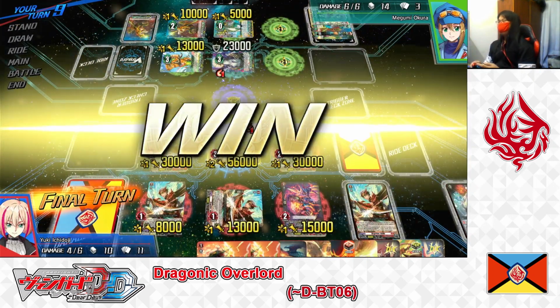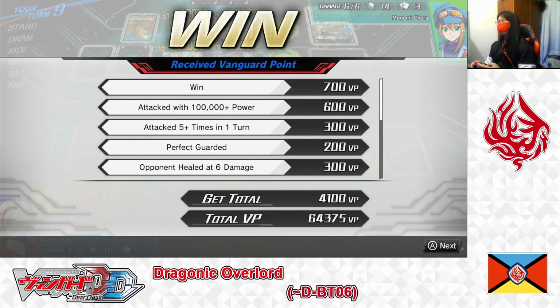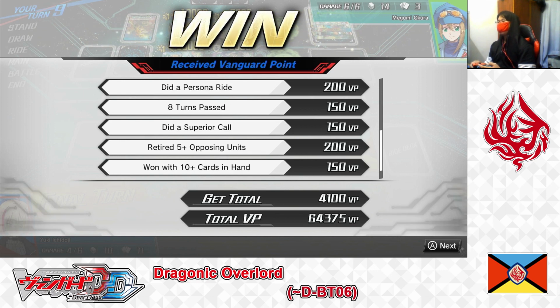Phew, that wasn't too bad of a match, despite my opponent getting really lucky of all the triggers, thanks to my card skills, which I managed to use pretty effectively by my own opinion. I managed to score a pretty effective win. So I got win, attack 100,000 more power, attack 5 or more times in a single turn, perfect guarded, opponent healed at 6 damage, successful final turn, drew an over trigger, did a persona ride, 8 turns pass, did a superior call, retired 5 more opposing units, won with 10 or more cards in hand, and drew 3 or more times in one turn. I got 4,100 BP, total